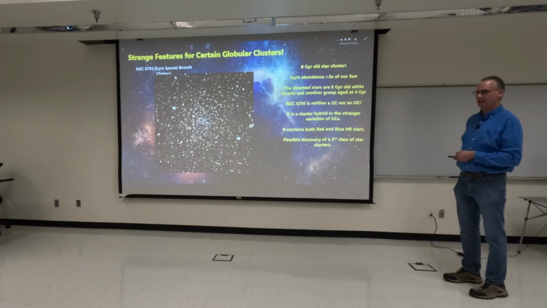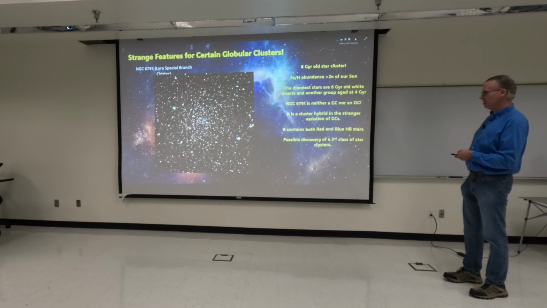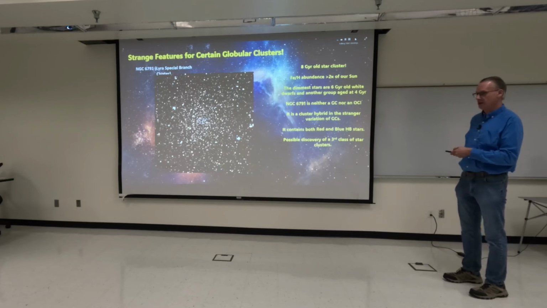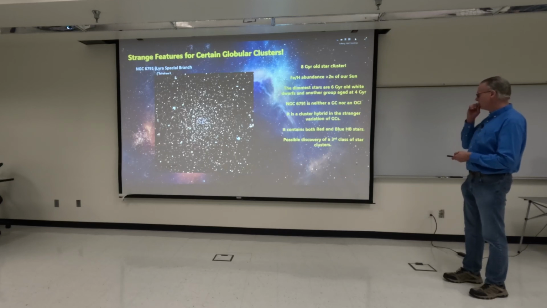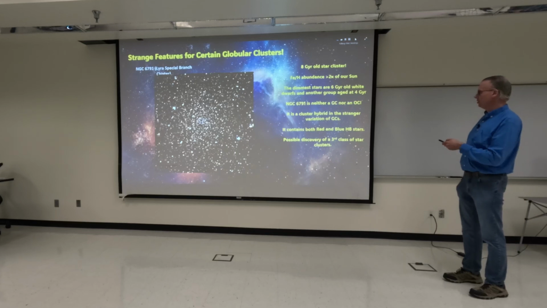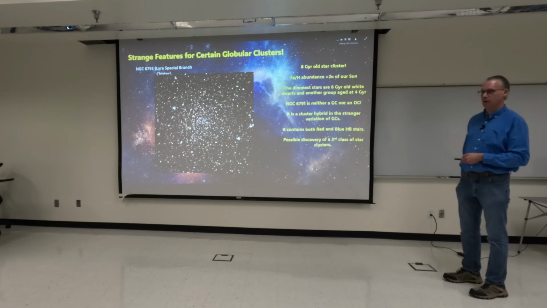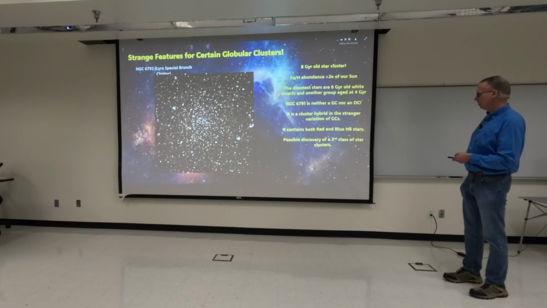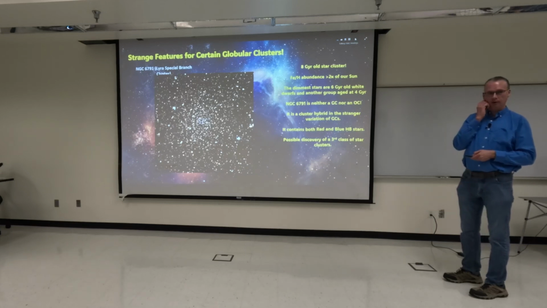It's not like that of a globular cluster because the stars are not that old and they should have a lot fewer metals than what we find in a globular cluster. I mean, they have twice the metals that we find in the sun, but most globular clusters are not going to be more than 10% the amount of metal that we find in the sun. But yet it's not really an open cluster because it's just so old and has the gravity profile of a globular cluster. And it contains both the red and blue horizontal branch stars.